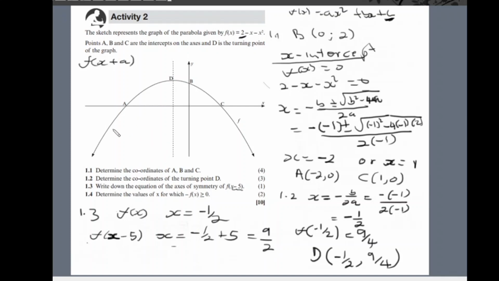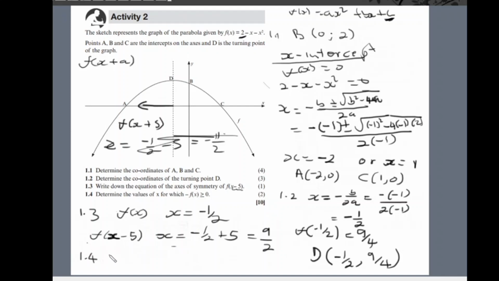Now if I wanted to determine the axis of symmetry for f of x plus 5, I would be shifting this graph 5 units to the left, so my axis of symmetry there will be minus 1 over 2 minus 5, right, which will be minus 11 over 2. But now we are shifting this whole function 5 units to the right. Okay, and then now they want us to determine the values